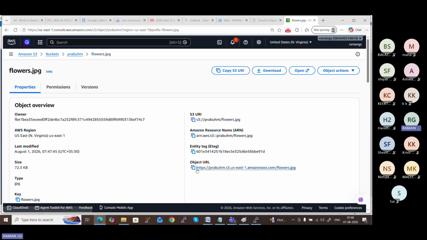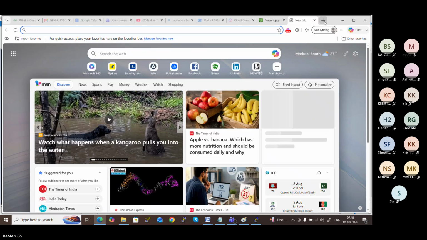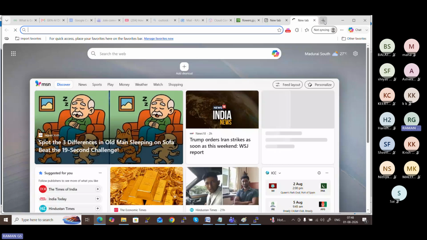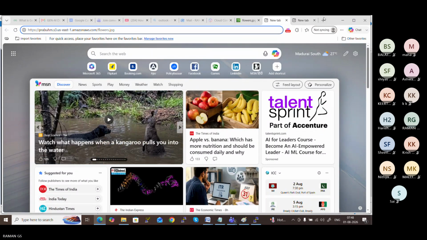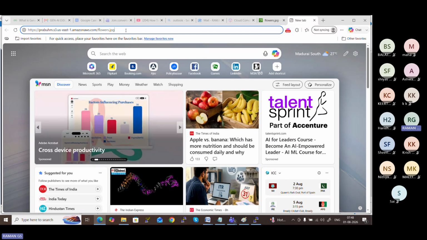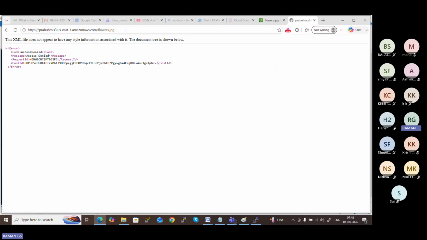You can find the object URL, the S3 URL, and the Amazon resource name. When you copy and paste it as an external user, it will throw an access permission error.